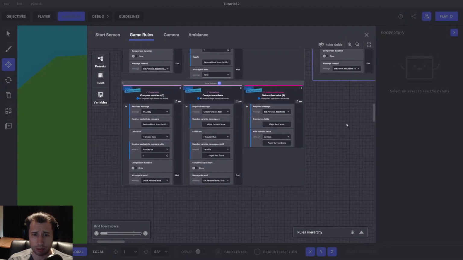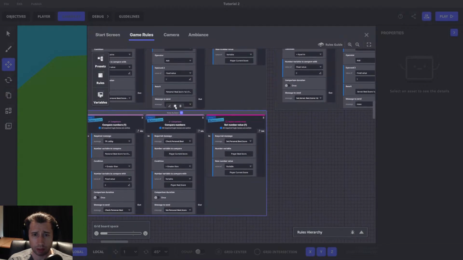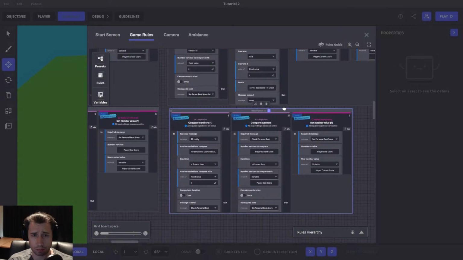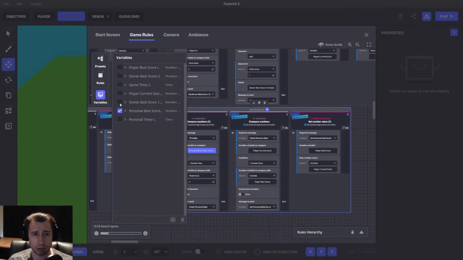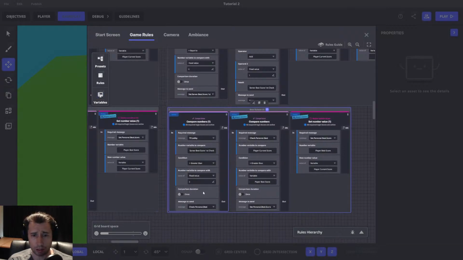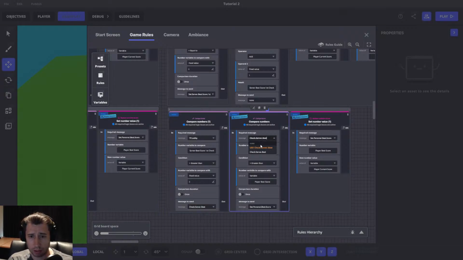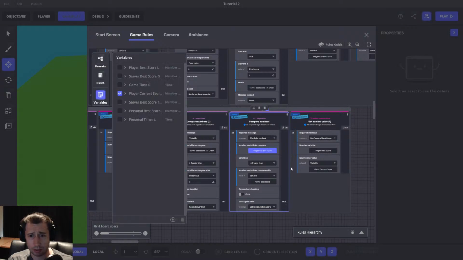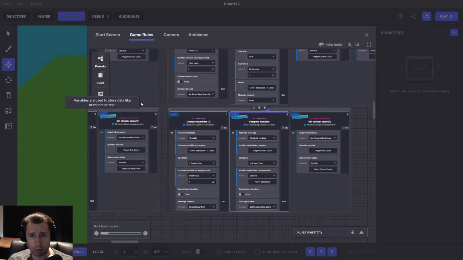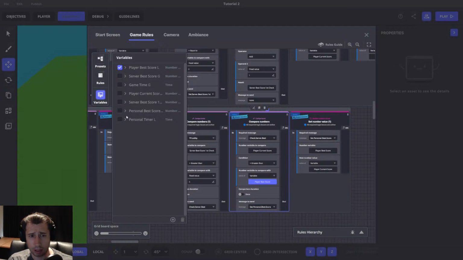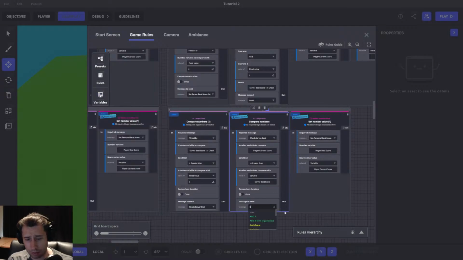If it's the second time running it, we're going to duplicate this one. And we're going to take the server best score. And if it's greater than 0, we're going to check server best. Check server best. We're going to bring it over here. And is the current player's current score greater than the server's best score? If it is, we're going to set